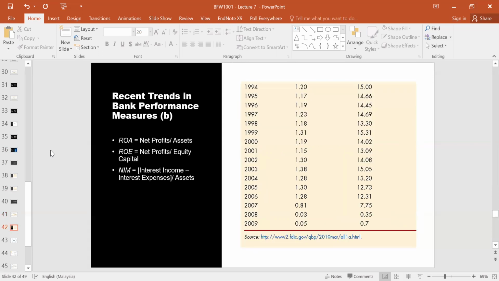So the higher the NIM is for a particular bank, the more efficient it is in the asset transformation mechanism, meaning that it can borrow funds cheaply on a short-term basis and then use those funds to loan out that money and generate a high amount of interest income. Now, the ROA and ROE are common across all businesses and banks, but the NIM is exclusive to the banking